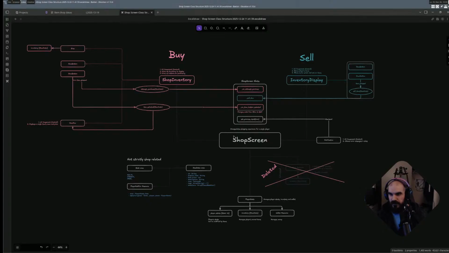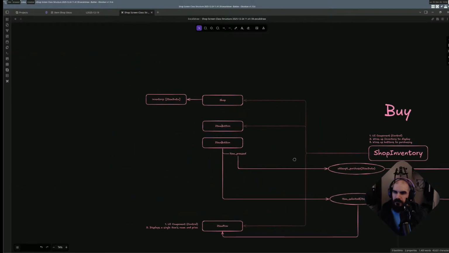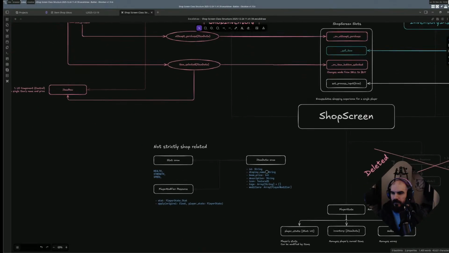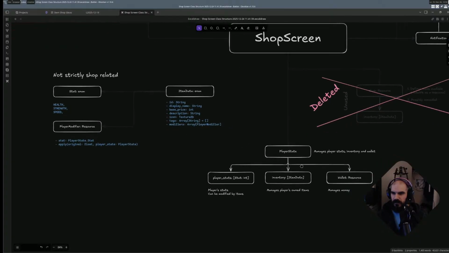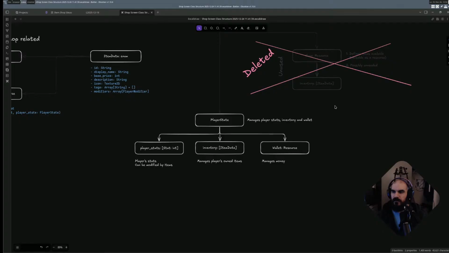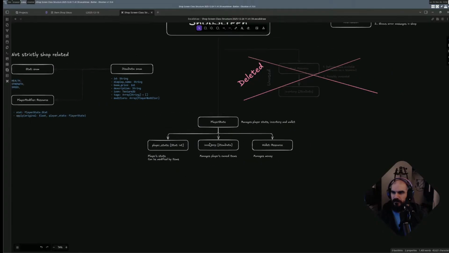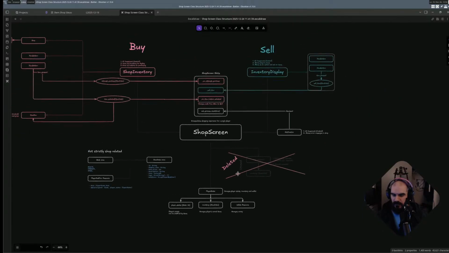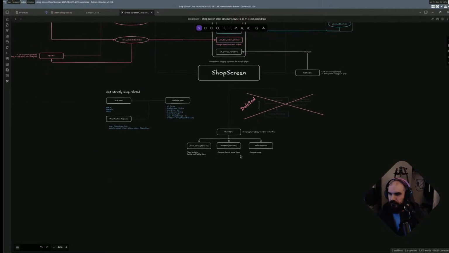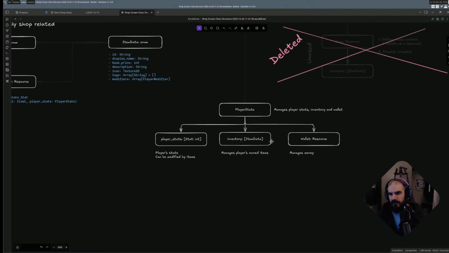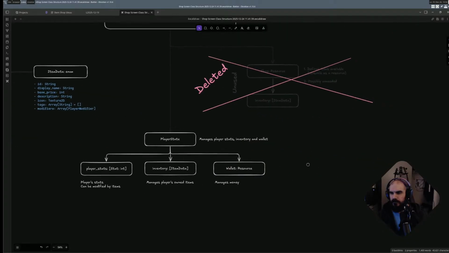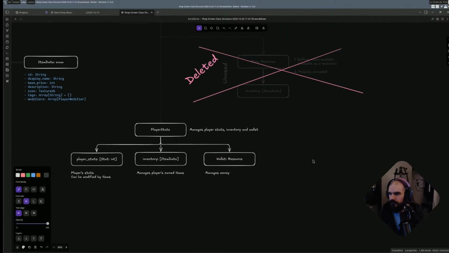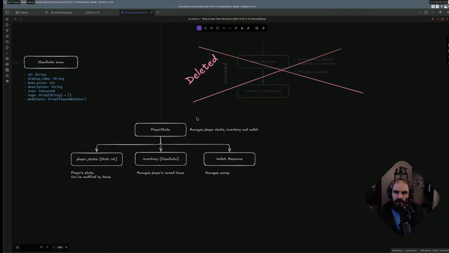So let's take a look. The other thing I wanted to model out is the relationship of the player state. Maybe focus a little bit more on this and how this comes into play. We have wallet, inventory, stats. Also, let me just double check my